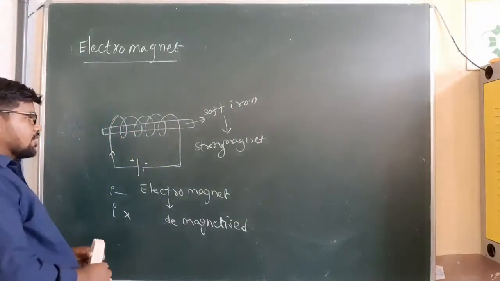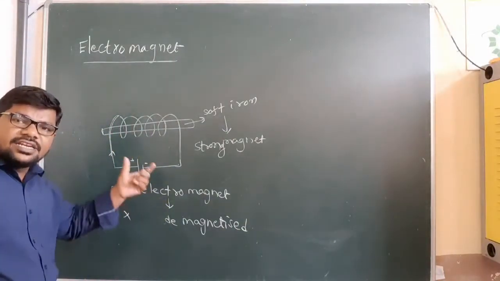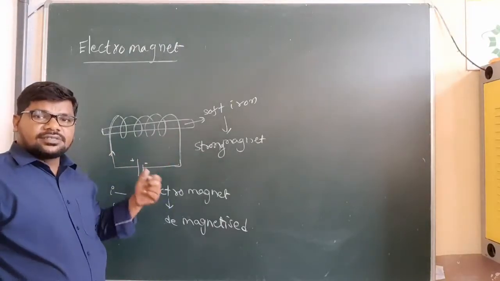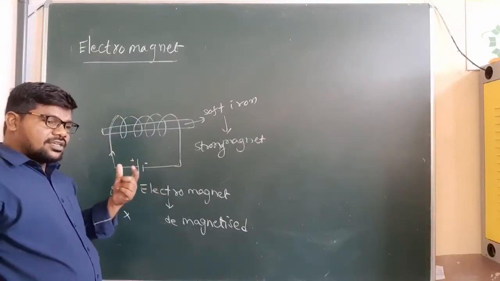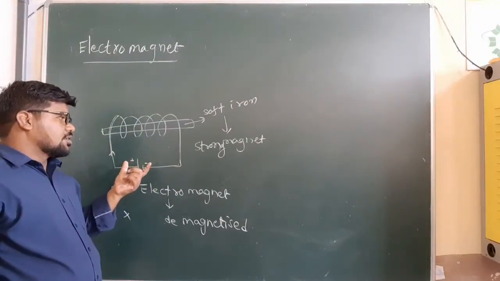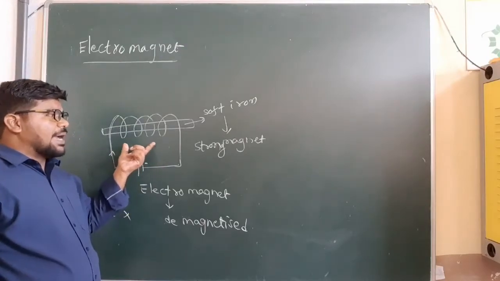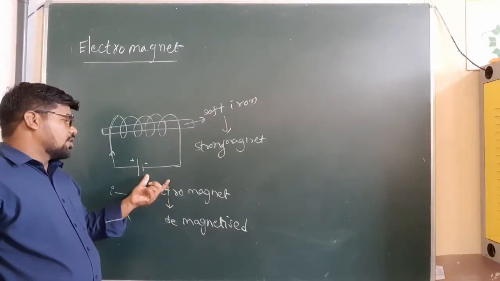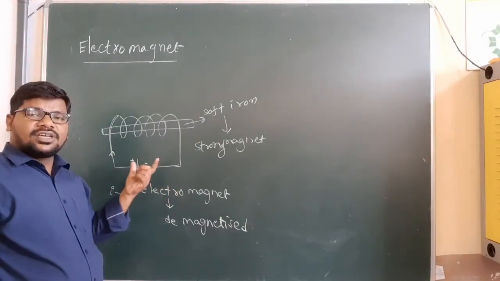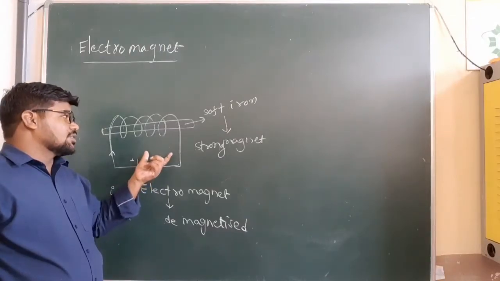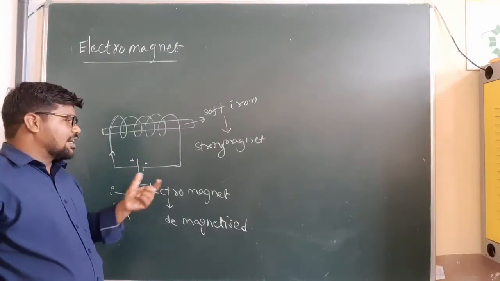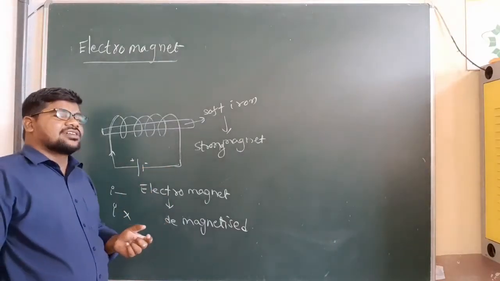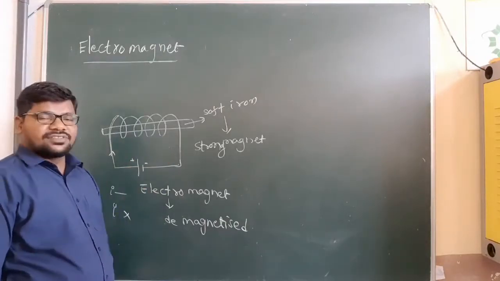Demagnetized. If current through a solenoid continues, the magnetic property of the soft iron rod is retained. If we send current continuously through the solenoid, the magnetic property is continuous. When we switch off, or don't send current through the solenoid, we can't get the magnetic field.